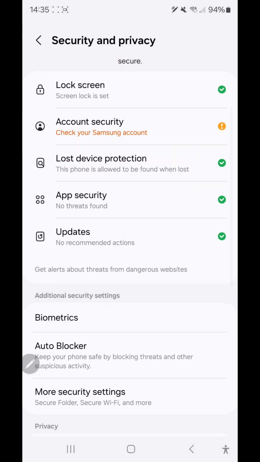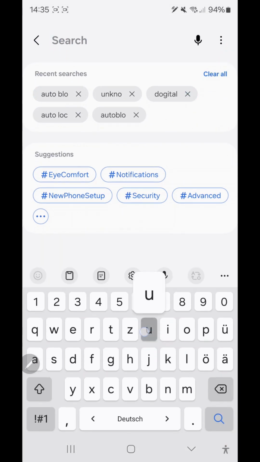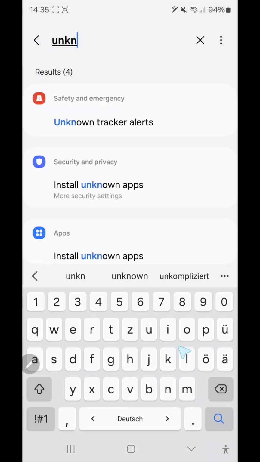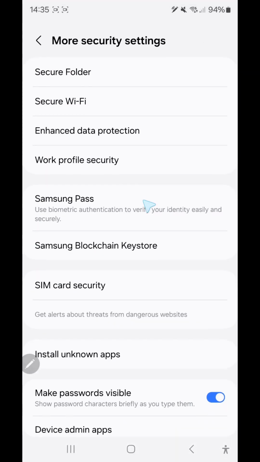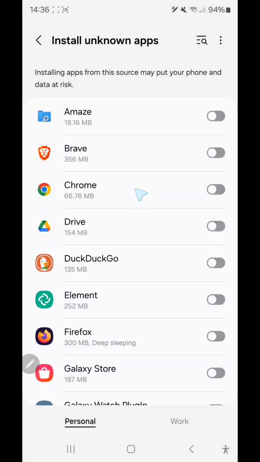The second thing that you should do is search for unknown apps or install unknown apps. In this place, you can activate the ability to install unknown apps on your phone, and you should search for Chrome and then activate install unknown apps for Chrome, as you see here. I've done that. Okay, come back